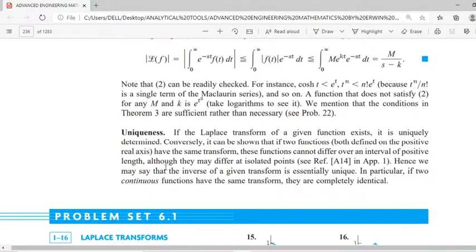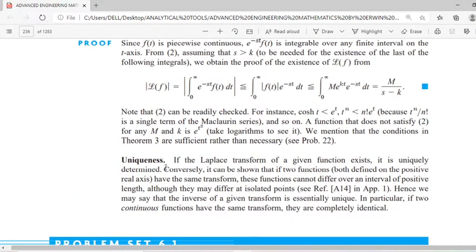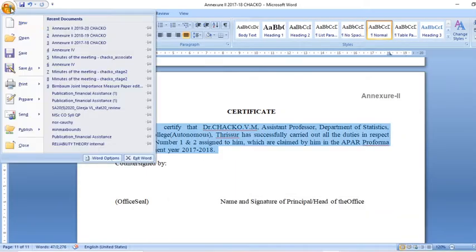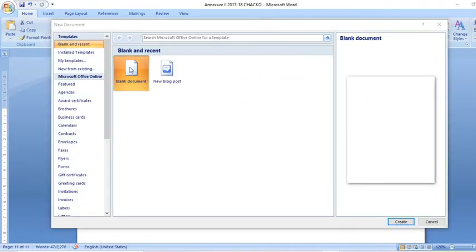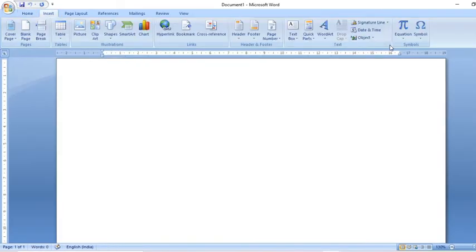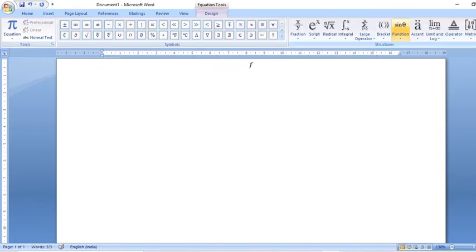Now we go to the uniqueness part. You know that this integration exists, so we can show the uniqueness using integration theory. We know that if f1 and f2 are two functions, both are integrable, then the integral of e raised to minus st f1 equals the integral of e raised to minus st f2. Suppose f equal to g,